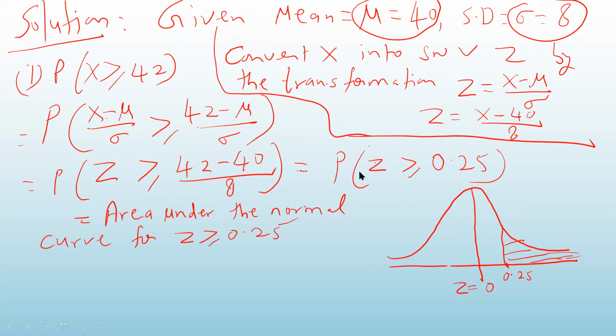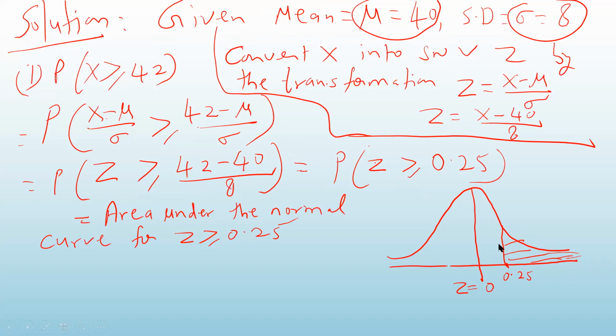So to find the probability of z greater than or equal to 0.25, you have to first locate where 0.25 will be. So 0 is here. So 0.25 will be somewhere to the right side. Okay. So suppose this is my point 0.25. I have to find the area, the probability of z greater than or equal to 0.25. Greater than means to the right side. So that is equal to the area under the curve for which z is greater than or equal to 0.25. This is the one which I have shaded here with the lines.